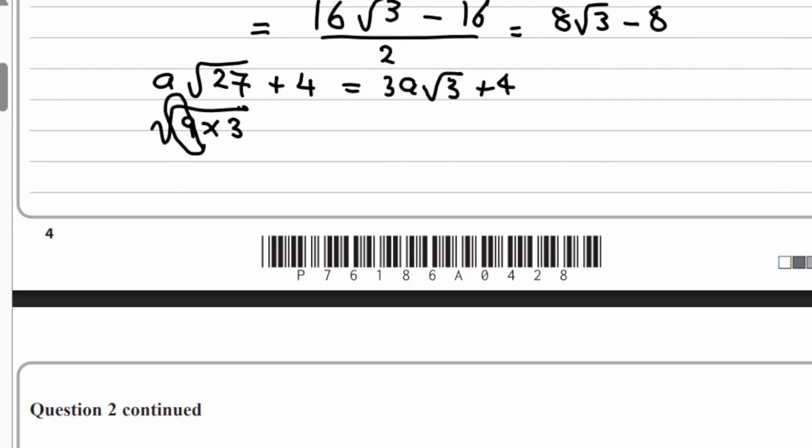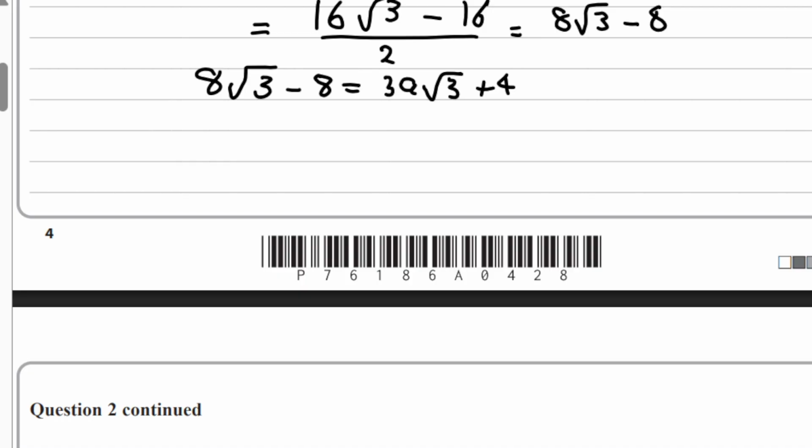You didn't understand this? If you didn't, I did what? Because it's 9 times 3. Root 9 is 3, so if you take it out, it will be 3 root 3. And then you have an a outside, so I just wrote the a. Now, we got the right side to be this, and we already got the left side earlier, so let's make them equal each other. So it's 8 root 3